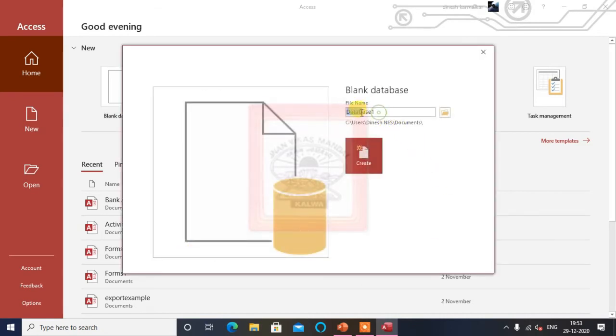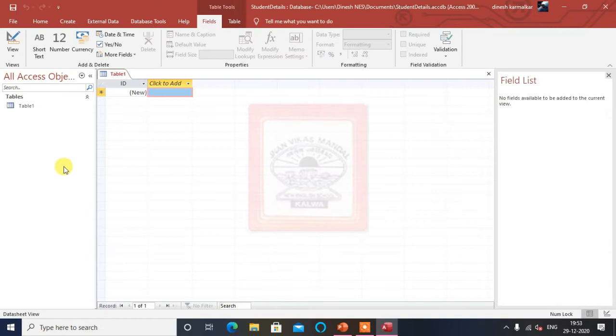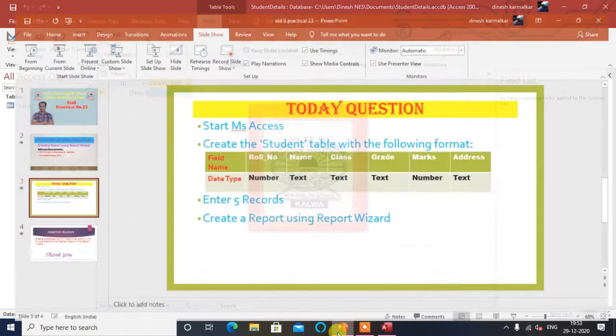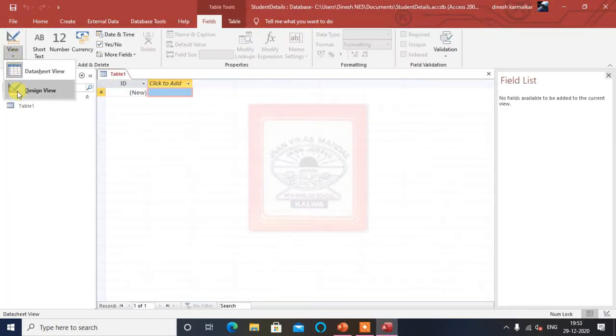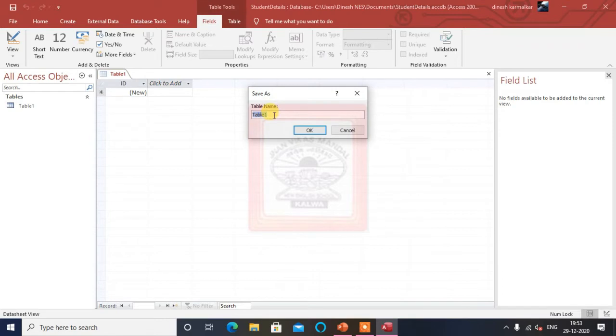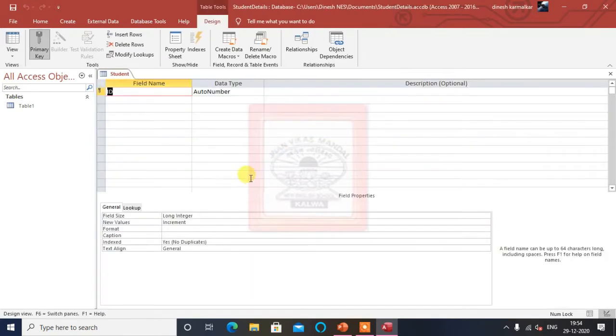I will give this name as student details. Then we have to create all these 6 fields. For that, of course, I will go to design view. I will give the table name as student.